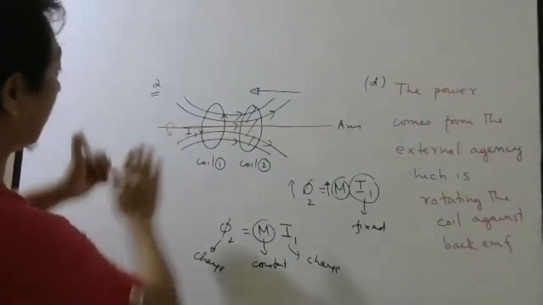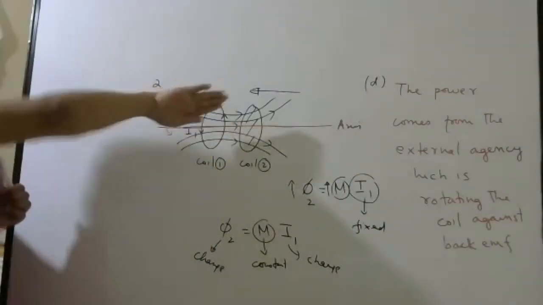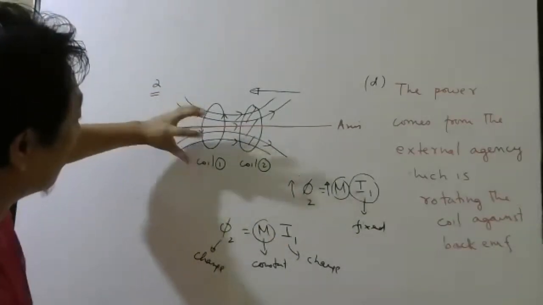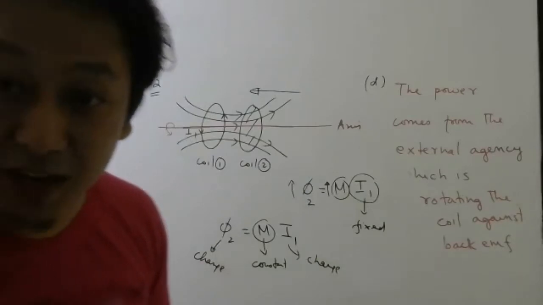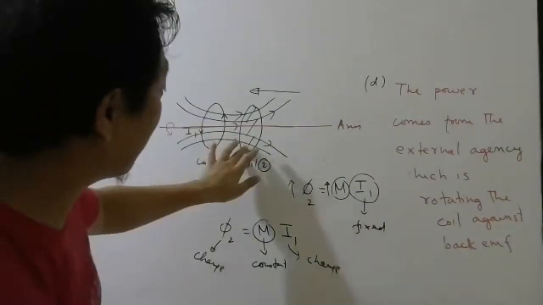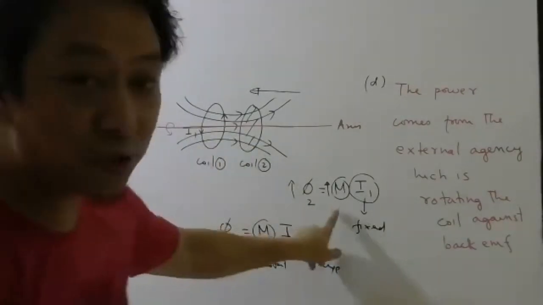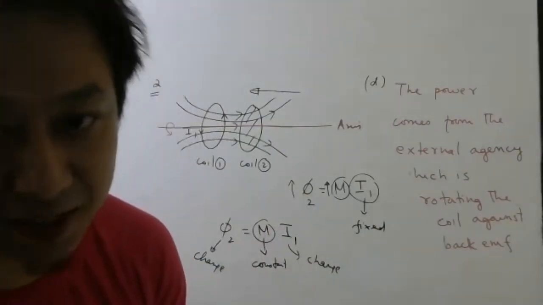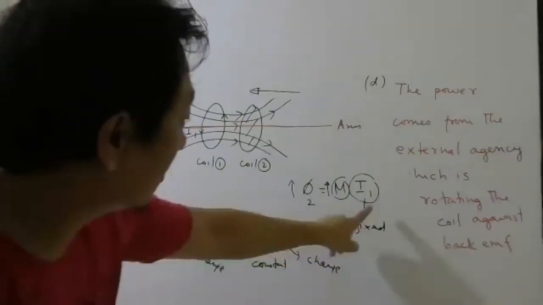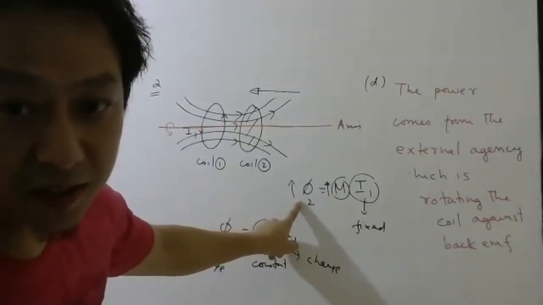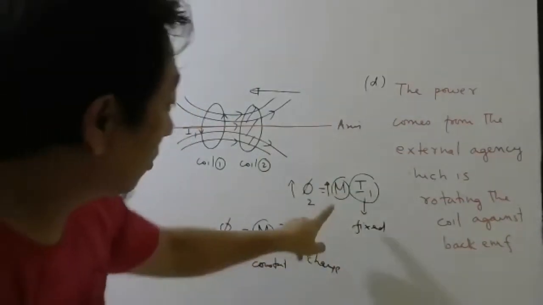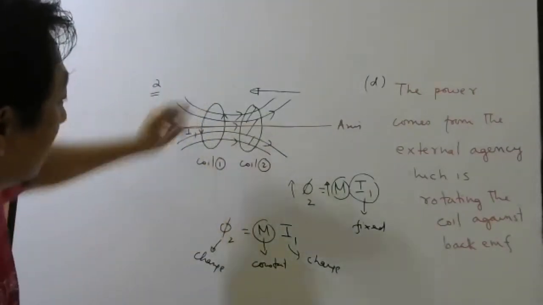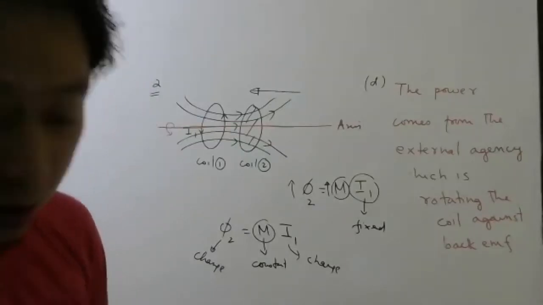Of course, if you rotate this way or that way, then it may change. But if you rotate about its axis, the magnetic field lines will not change. That means the flux linkage will not change. Therefore, mutual inductance will not change. For the same current, you get the same magnetic flux by rotating it. So option C is also wrong.